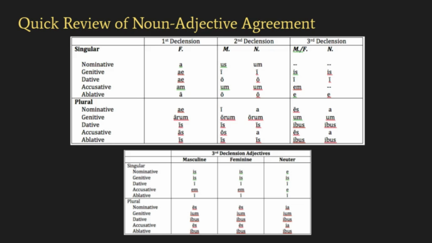So when you translate, if you really need it, make sure you have the noun ending chart in front of you along with your adjective endings. The more you practice and do practice problems and translate, the easier this will be. But if you need the charts, feel free to have them in front of you. It'll help you as you go through your translation.